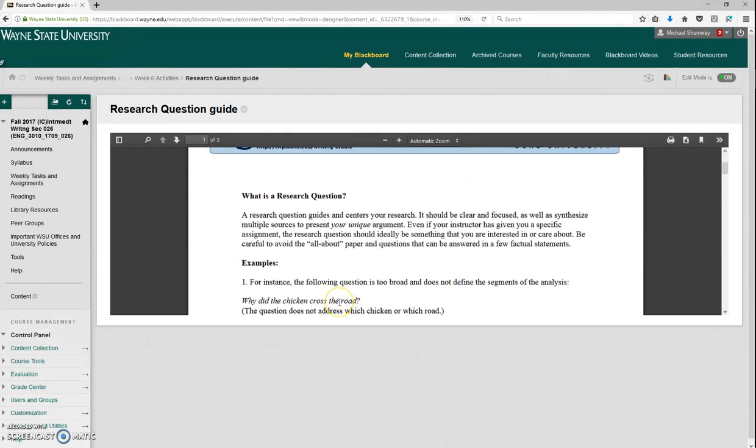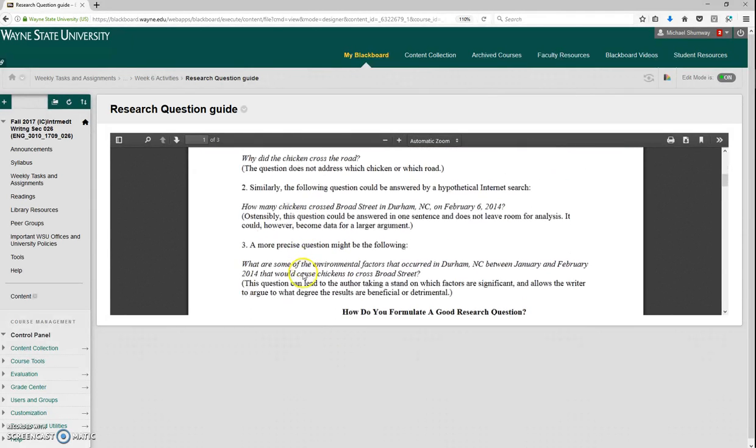And so we can think about what a research question is. Essentially, it's just a question that guides your research, obviously, but it has to have a few components. It has to be focused. It has to be something that cannot be answered easily or with a yes or no answer. In other words, it's supposed to be a broad, open-ended question about a topic that you're interested in. And so go ahead and look through this guide and try to structure your questions in this way.